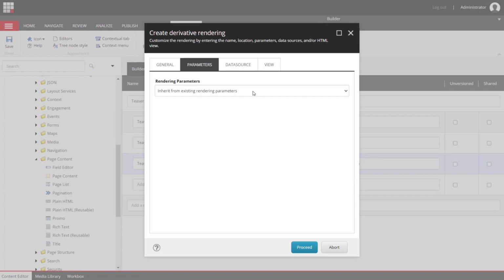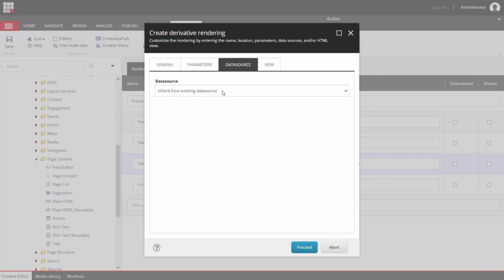So in here, it's all about rendering parameters, and we can either inherit from the one that the promo provides, or we create a copy of the promo one, and we are able to also adjust whatever the promo has specifically as rendering parameters. So I usually make a copy of the existing one, and same goes then for the data source. So we could either inherit, which would leave all the fields of the promo component in our template,